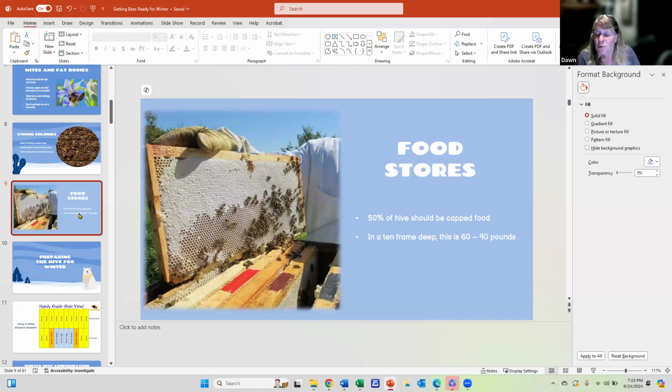So if you are overwintering a nuke, you've got 5 frames of bees and 5 frames of honey. If you've got 10 frame deeps, then I'm going to have whatever bees I have, brood on the bottom, but I'm going to make sure that I have at least 10 frames of capped resources in there. And again, if you're a little bit short,